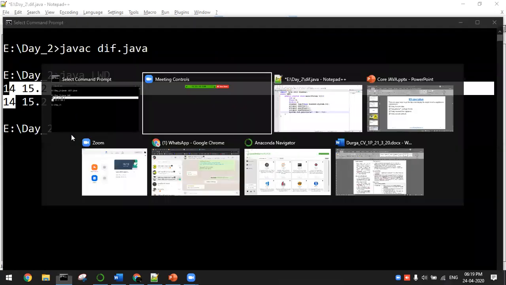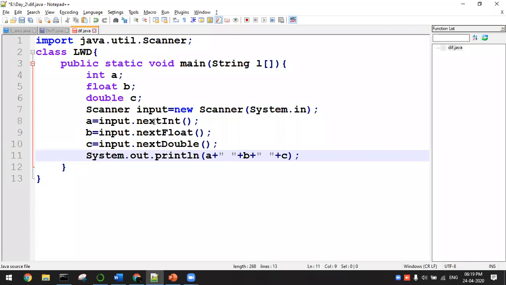Let me go ahead with the question which Deepak asked. nextInt of. This is actually a camel case definition. Whenever you go with a class name, you are supposed to start with a capital letter S. Even if you write a class name with a small letter, some cases will be accepted, but that is for user defined classes and methods. But in case of inbuilt classes, you are supposed to follow the class starting with S. That is very important for the type definition of the class and the methods. Similarly here also, nextInt is going to be a camel case definition.